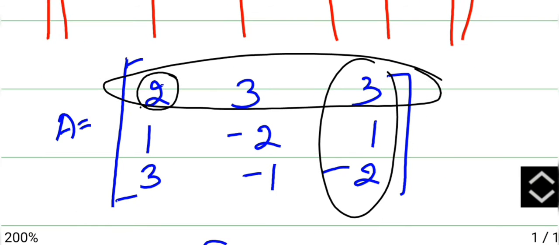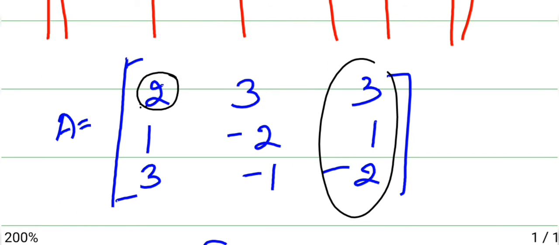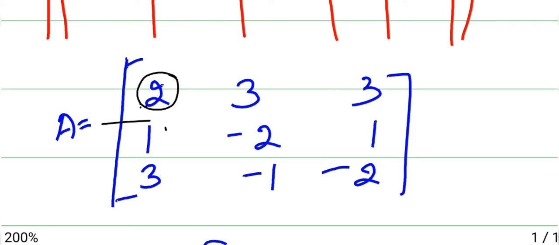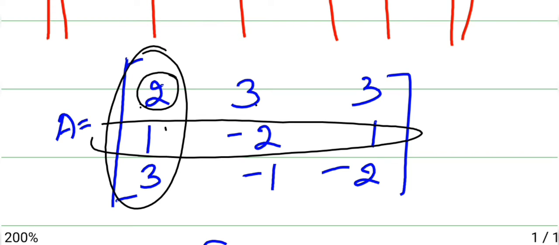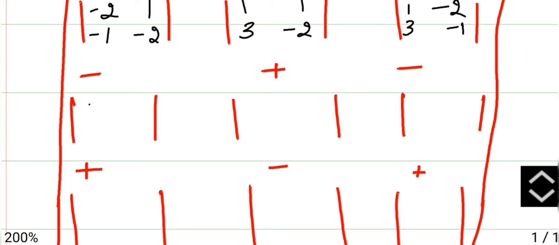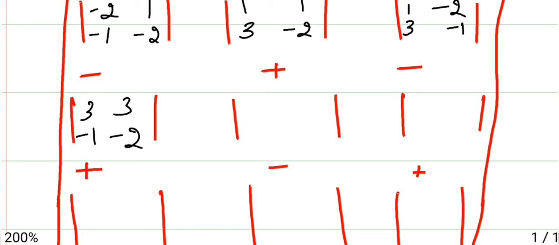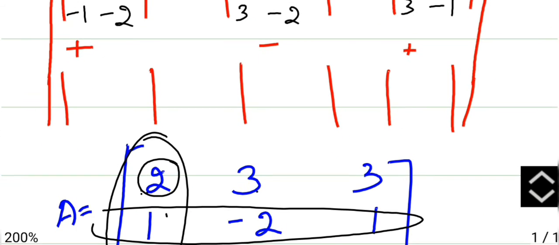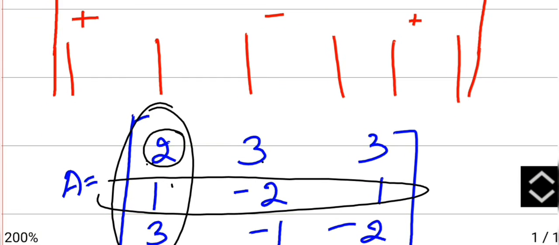Similar to that, you will be selecting second row, first column, first element. So if I am taking this, it will be 3, 3, minus 1, minus 2. Same way you will be getting 2, 3, 3, minus 2, and then 2, 3, 3, minus 1. And for the last row, if I am taking 3, we get 3, 3, minus 2 and 1.